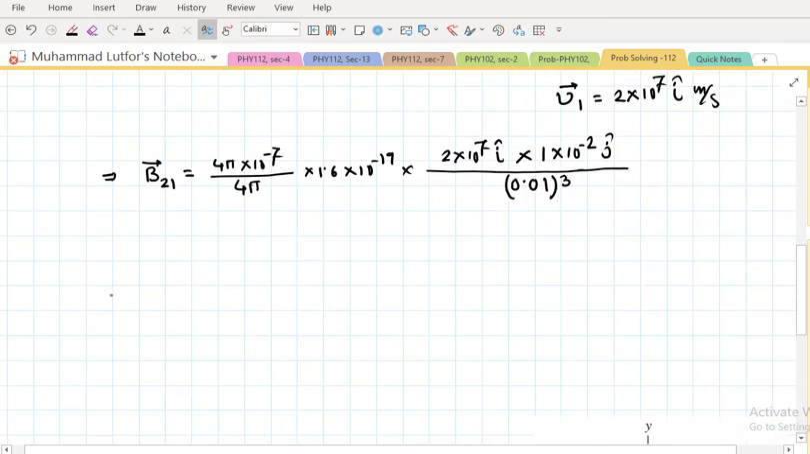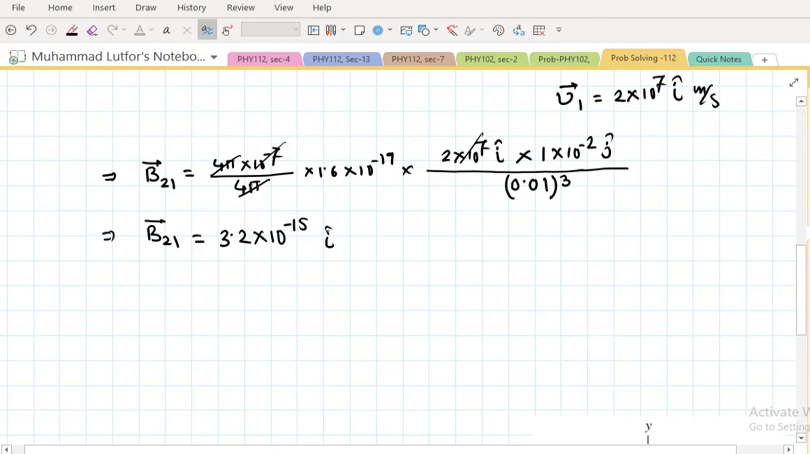If you solve, you will find out that this B21 will be 3 point... because you can do some calculation and cancel out. You will find out that the 10 to the 7 and 10 to the 7 will cancel out. In that case, I'll find out it would be 3.2 into 10 to the power minus 15